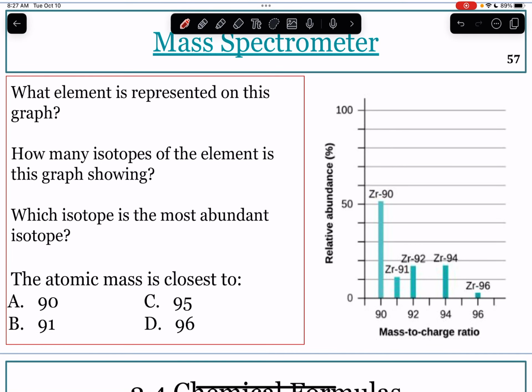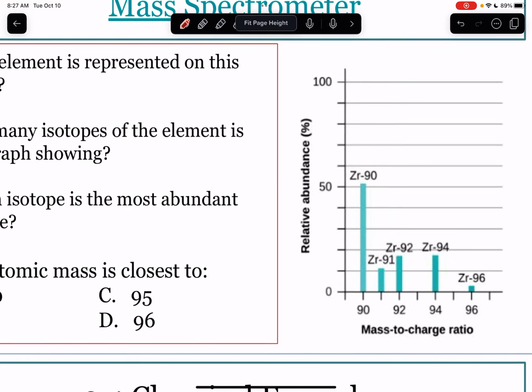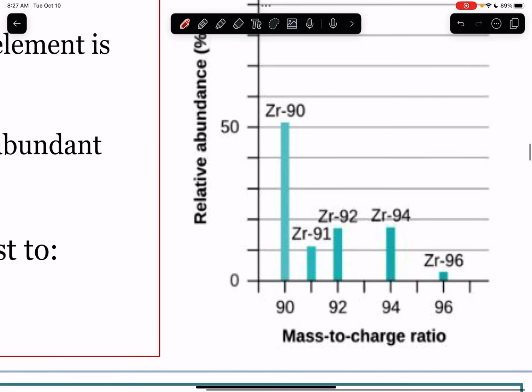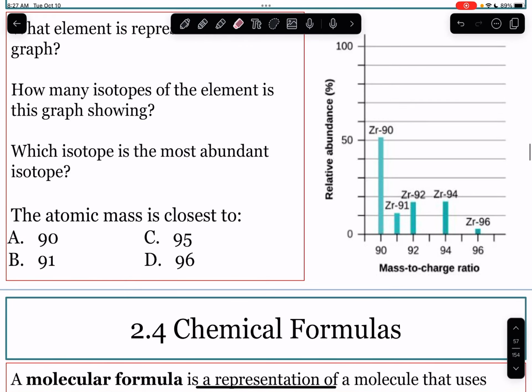So for this first question, when it says what element is represented on this graph, we look at the masses on the x-axis, and looking at the relative abundance, we can see that it is weighted closer to 90. An exact average would be around 93. But because we're not trying to find an exact average, we're looking for a weighted average. We know that the weighted average will be somewhere above 90, but probably less than 92. If you look at the periodic table,